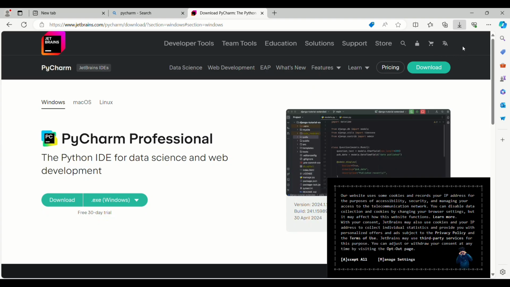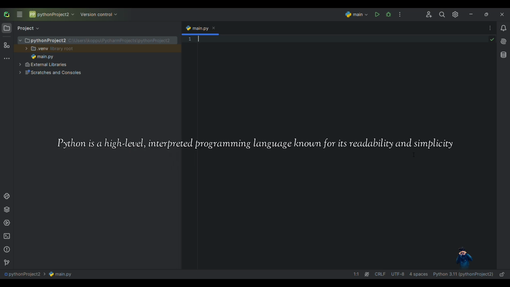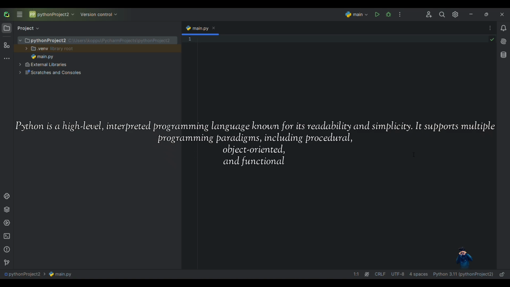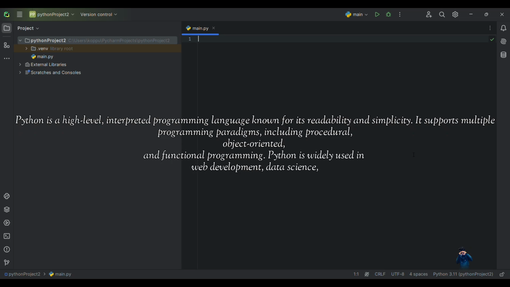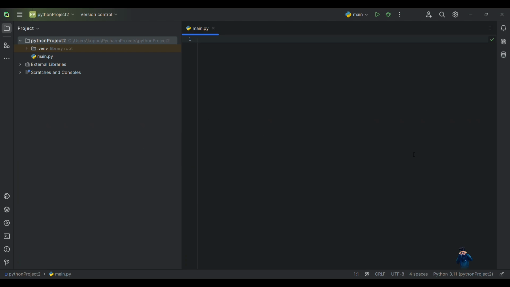Python is a high-level interpreted programming language known for its reliability, readability, and simplicity. It supports multiple programming paradigms, including procedural, object-oriented, and functional programming. Python is widely used in web development, data science, automation, and many other fields. If you have a doubt about why we are learning Python,